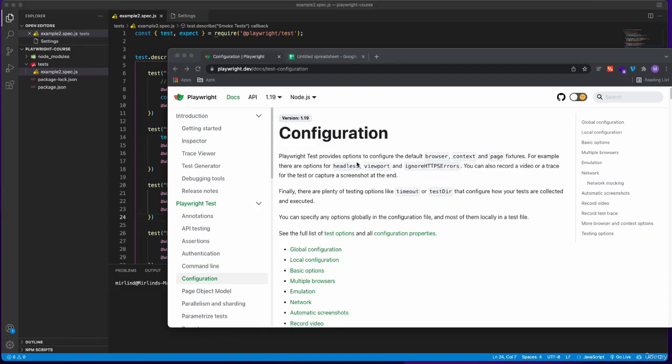Hi there. In this video, we'll talk about one of the most important Playwright features, and that is configuration. Like all the things that we are doing through the CLI and commands, we can create a file and have a configuration there, like what viewport should we use? Should we run tests in headless mode or headed? Or what browser should be the default one, which context, which page, and also ignore some errors,